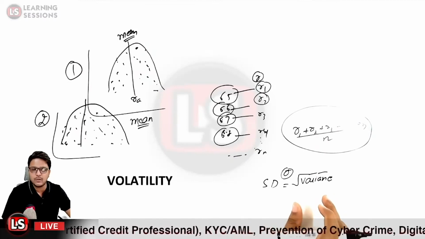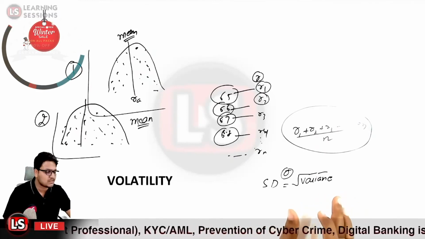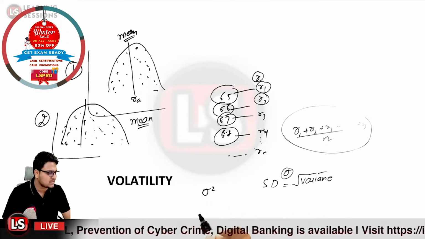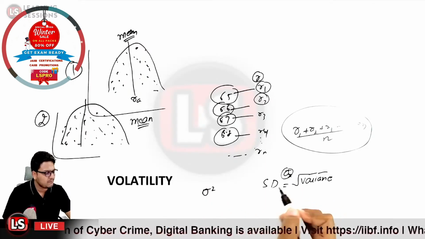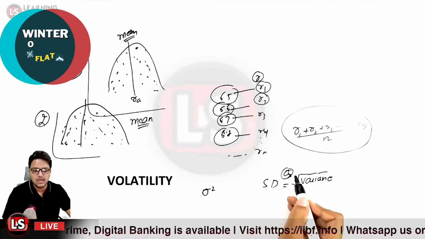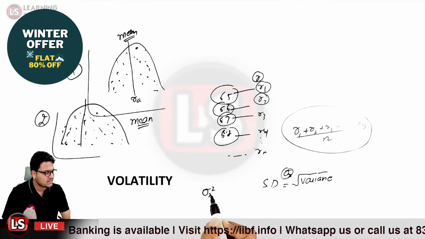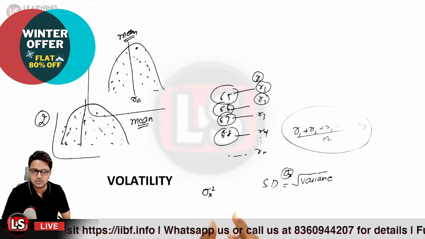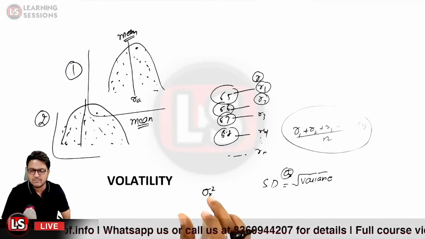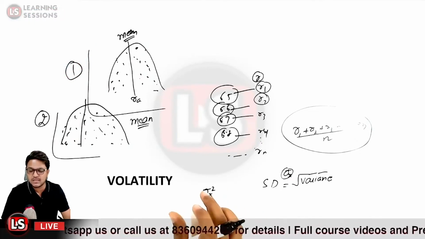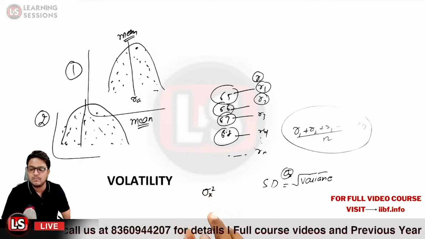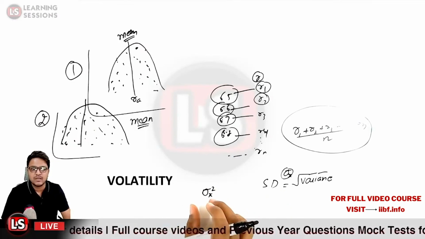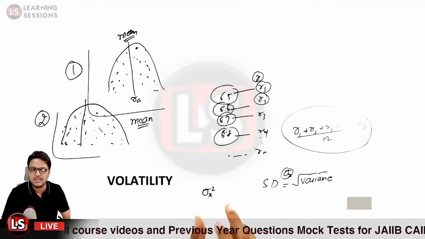And how can we calculate the variance itself? So what is related to the calculation of variance? Variance is represented by sigma square. If we represent the standard deviation by sigma x, we can represent the variance as sigma x square, and it is basically the squared differences of the mean from the different elements. So that is related to the variance itself.